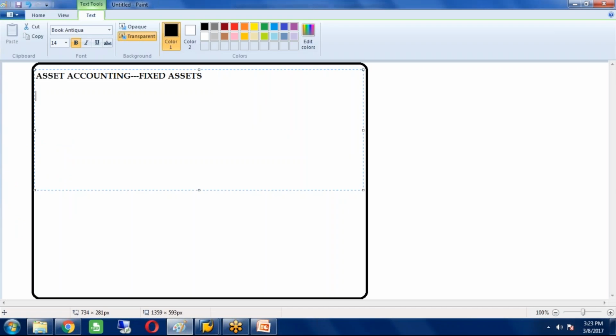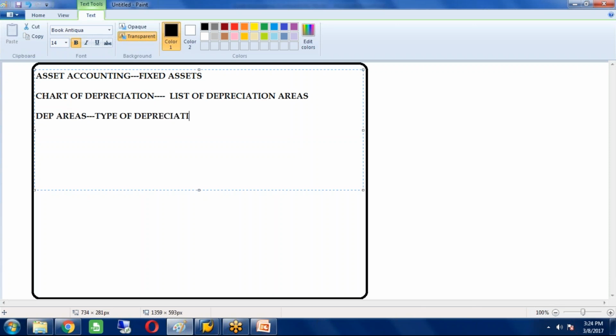Now here, the moment I say chart of depreciation, I'm talking, in very simple terms, about a list of depreciation areas. Now here another term is coming, depreciation area. So what do I mean by depreciation area? Depreciation area is the type of depreciation. When I say type, I need to specify